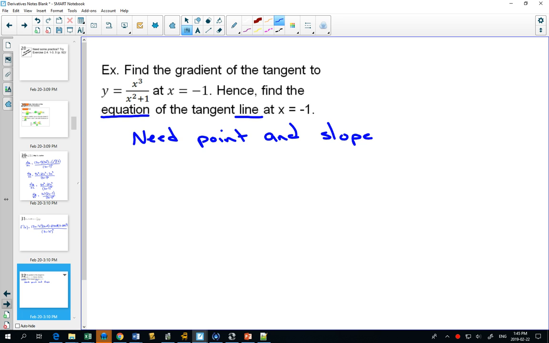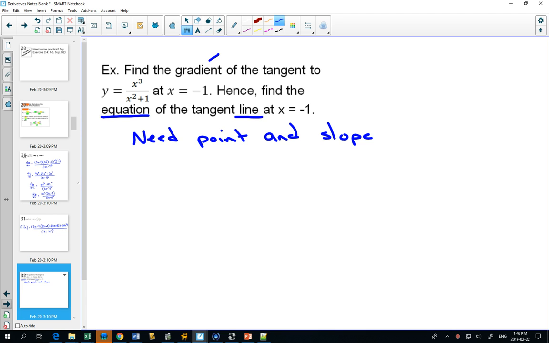Anytime you want to find an equation of a line, you need a point and the slope. It doesn't look like they told us any of this in this question yet. So we have to say, how do we find the slope and how do we find a point? Once we have both of those things, finding the equation of a line is going back to grade 10 math, and that's actually not too bad. Okay, well,